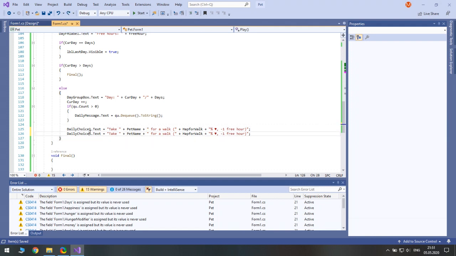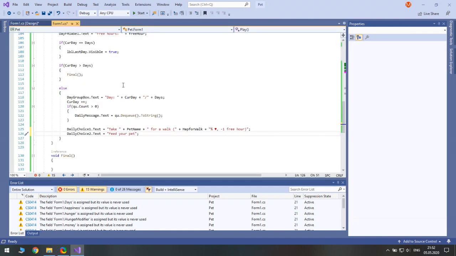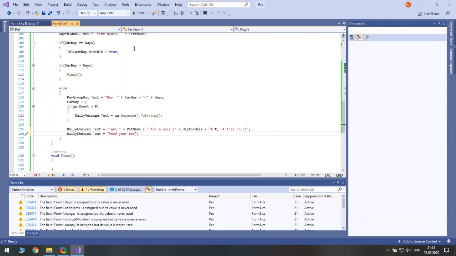So daily choice 2, and here we type feed your pet. There's feeding, right? Yeah, feed 1. Feed your pet with what? We already have fruits, forage, well, then vegetables. Feed your pet with vegetables.